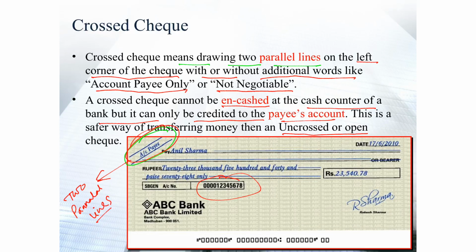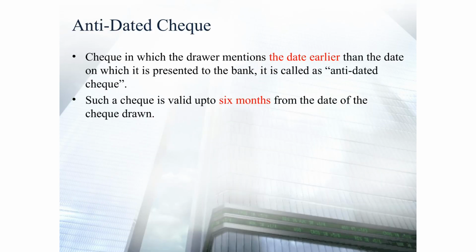Okay. Next, antedated check. A check in which the drawer mentions a date earlier than the date on which it is presented to the bank is called an antedated check. Antedated check means earlier than the stipulated time. For example, if the check is paid on 10th June,